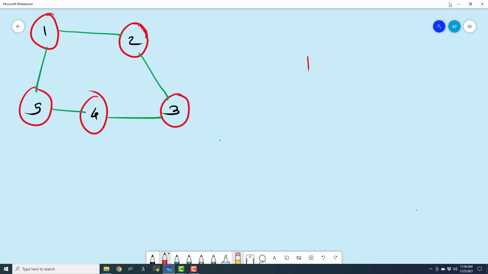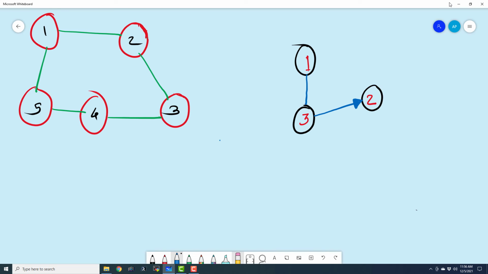So this is 1, this is 2, and this is 3, and these are the nodes. Now let us draw the arrows, the connecting links. From 3 to 2, this is a direction. This is a directed edge, or a directed link.